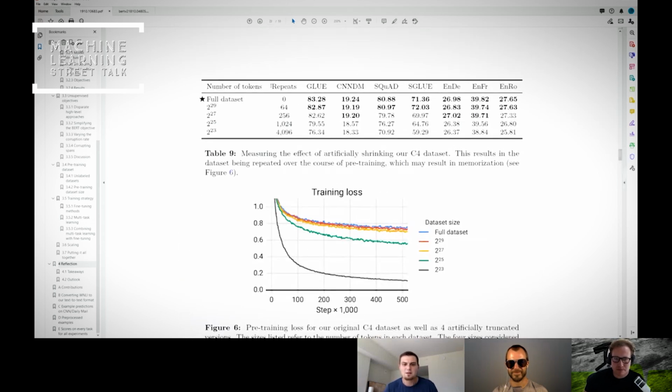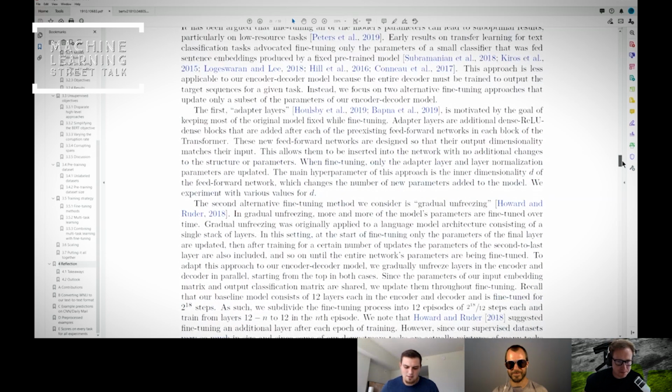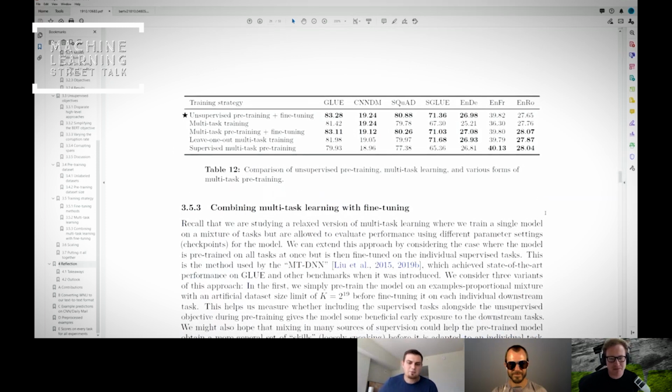But another interesting thing in the paper that you're going through, if you go to table 12 in the paper. Yep, on my way. Look, the supervised multitask pre-training is only about 3 points behind on GLUE. So what will scale? Probably the supervised, because people are coming out with supervised natural language processing data sets every day. I would actually predict that the supervised multitask pre-training is going to be the more scalable thing in the future, because you can't get that much unsupervised.